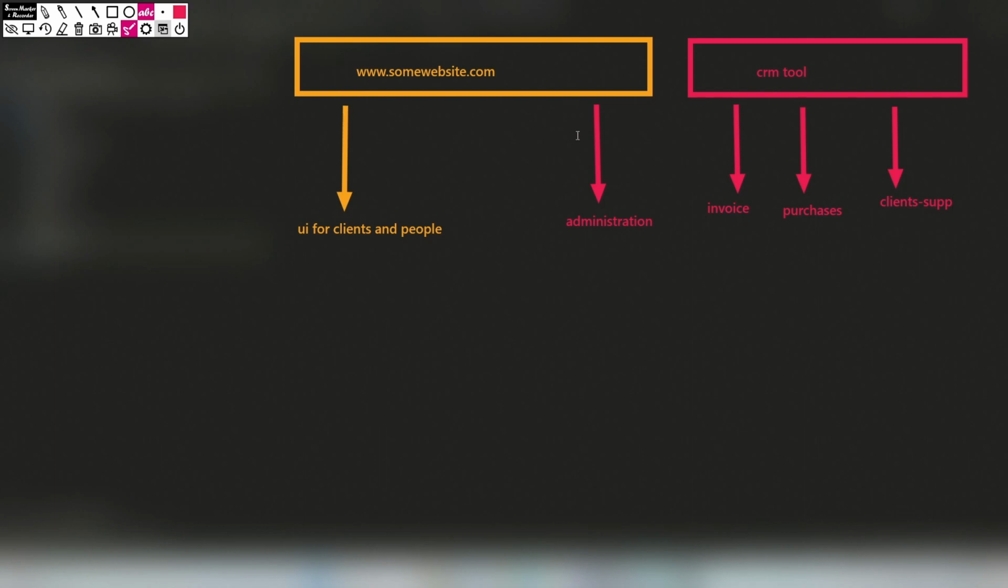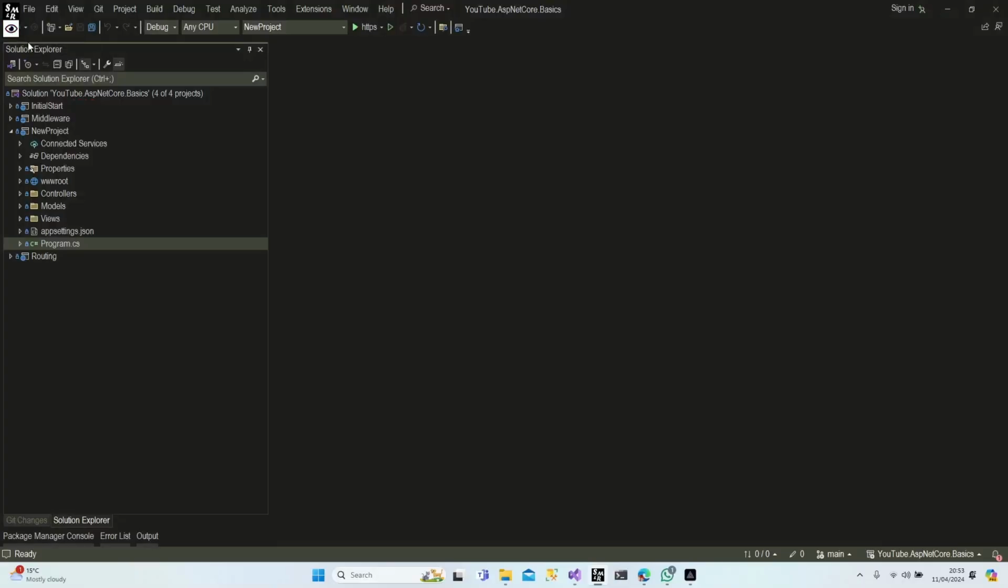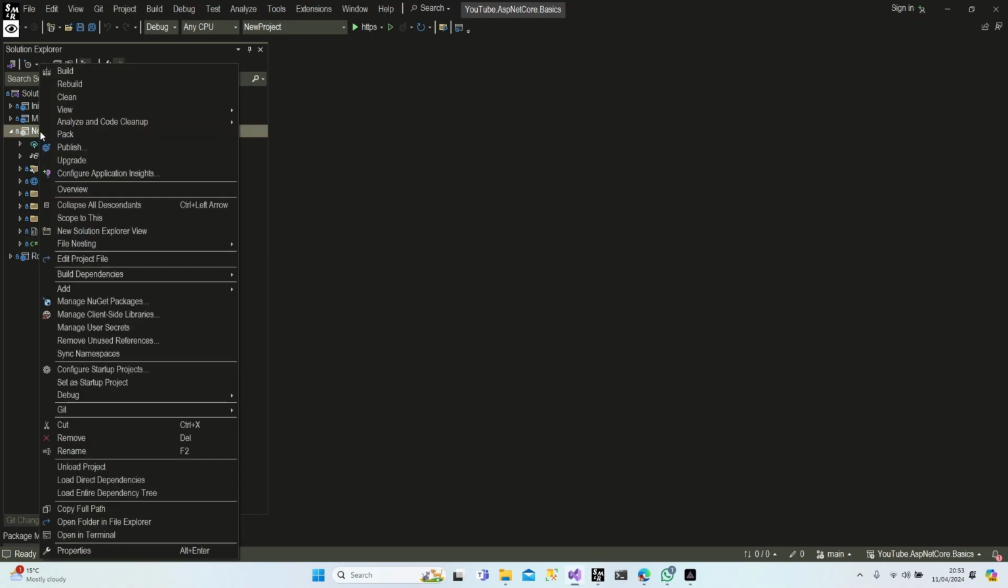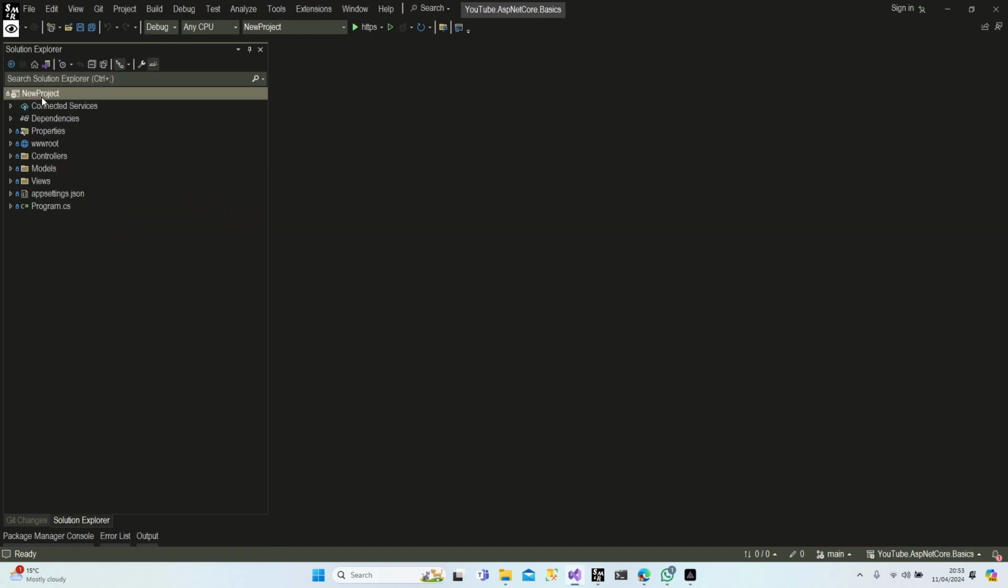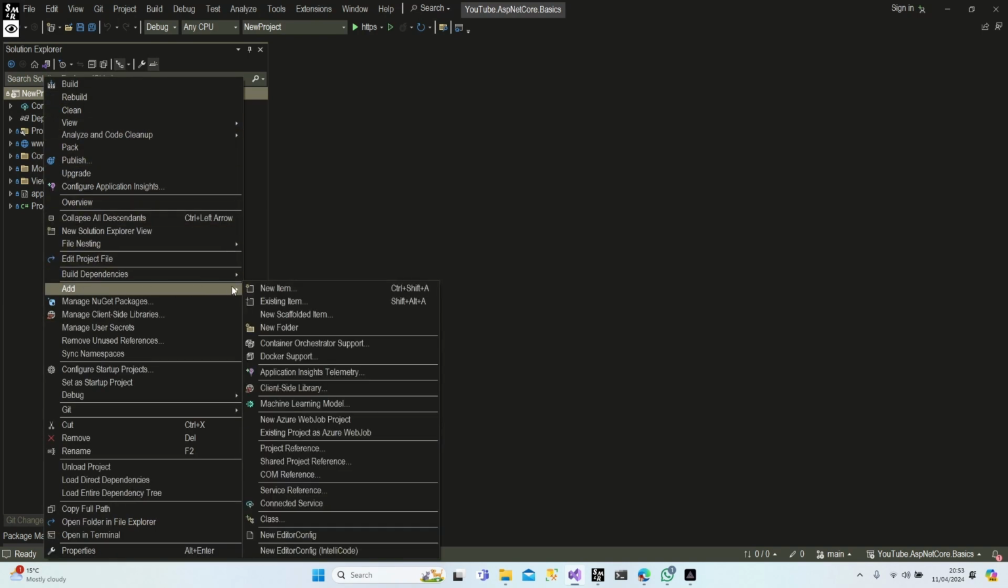Alright, so this is why we are using areas. Let's go back to our project and let me show you how we can build an area in our current existing project. Let me right click on the new project, because I'm working on a new project. Let's scope to this project first of all, so as not to get confused. All right, right click, add new folder